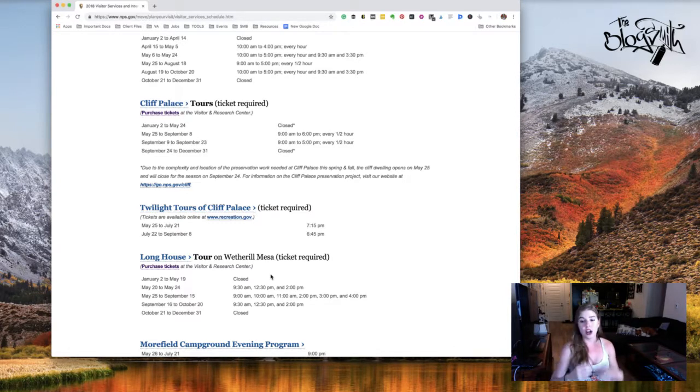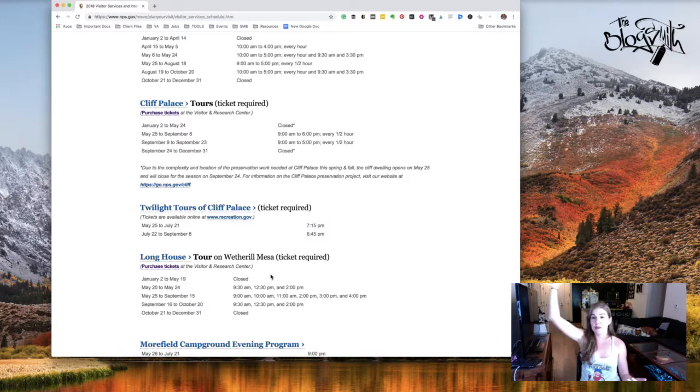To me, if they're not selling tickets at the actual tour destinations, which they didn't, and we found out both from this website and from one of the rangers telling somebody, you're SOL, sorry, you can't buy tickets here, and even if they were available, you've got to go back